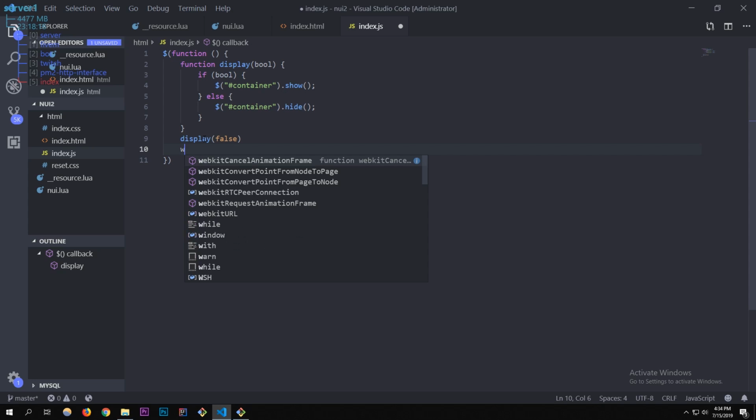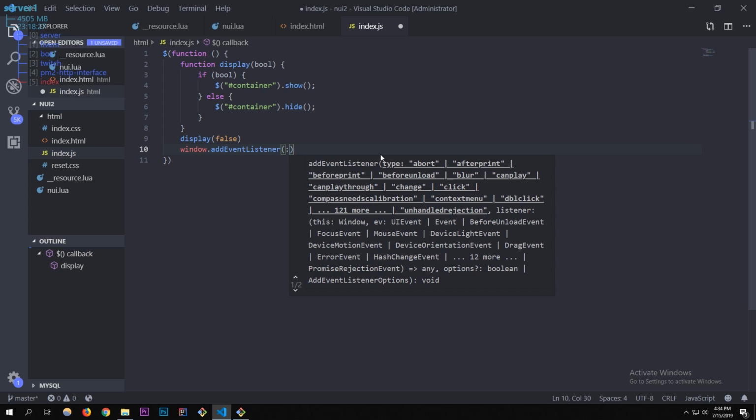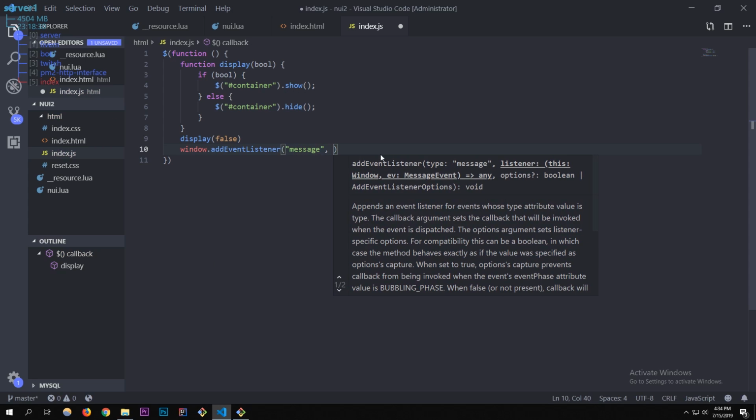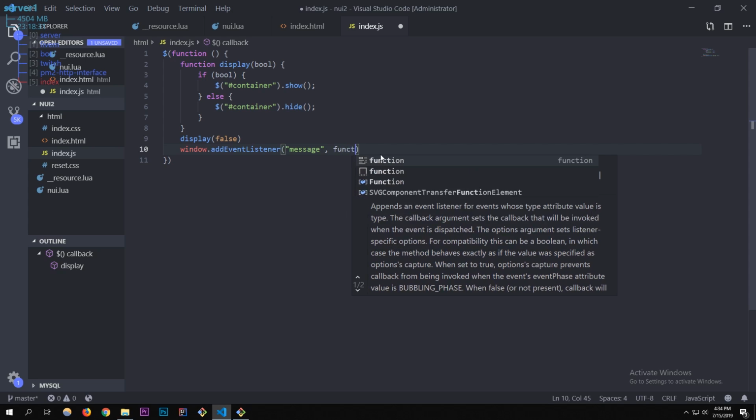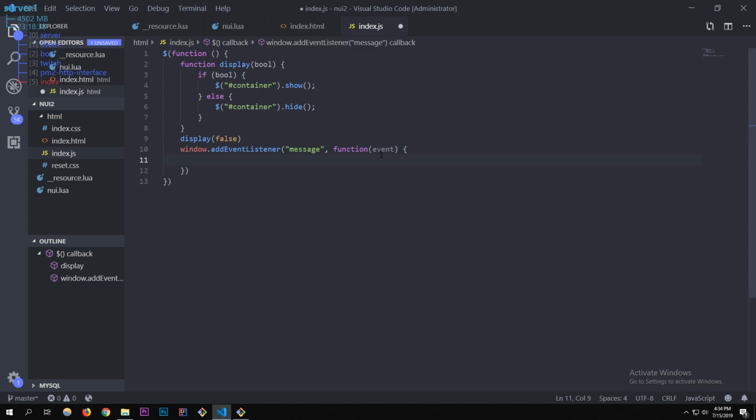Now to actually link the data to the NUI messages that are being sent from the nui.lua, I'm going to do window.addEventListener, and we're going to be listening for the message event, and we're going to have a callback function of event, and then we're going to create a variable called item. This is all in JavaScript, so if you're a little confused, you just gotta learn JavaScript, I guess. And this is specifically jQuery, which is a completely different thing. It's a really nice library. So we're going to do var item is equal to